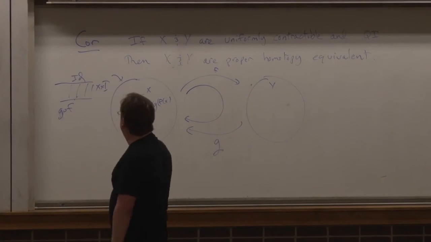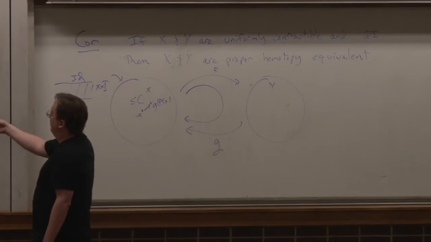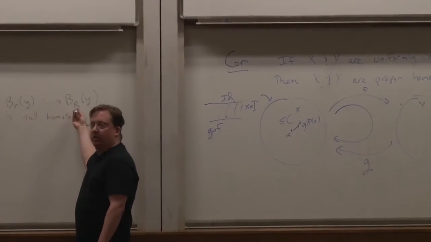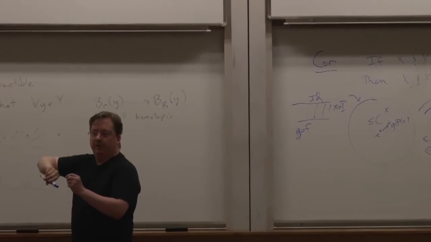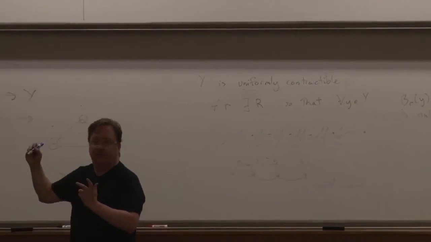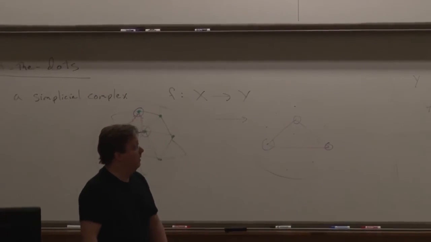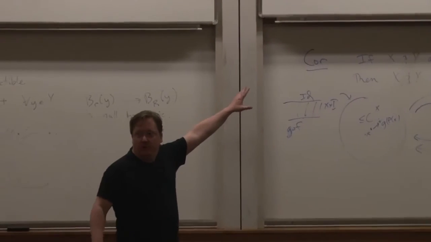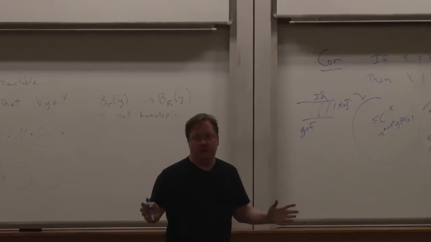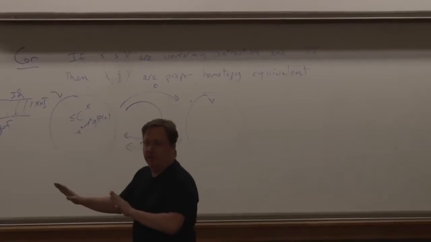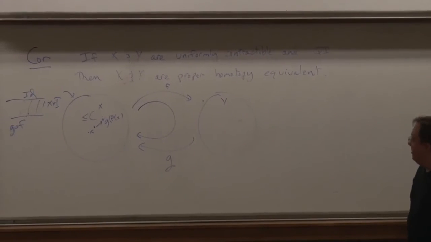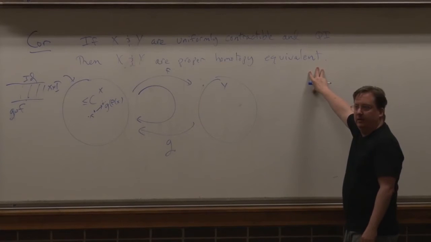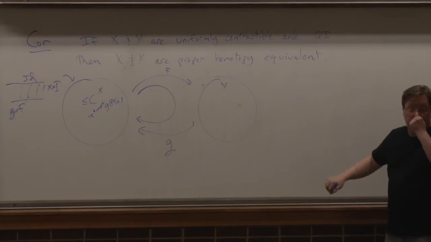We're not perturbing our map very far to do this. Whatever the original distance between g composed with f and the identity, whatever this larger r is, all of our homotopies can stay inside of that with tracks of at most that diameter. So you can in fact say a lot more than proper homotopy equivalent, and if you want to set up some whole fancy algebraic topology machinery controlled by metric spaces, you can. But often just proper homotopy equivalent is enough to get a lot of interesting information.